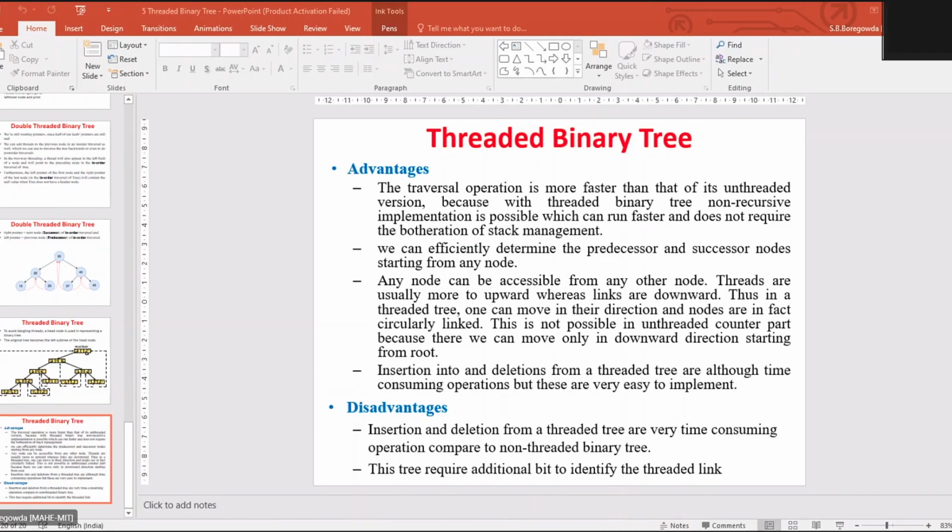The applications of heap are, the first one is heap sort. The second one is that we can use the heap in selection algorithms, and also we are going to make use of the heap in graph algorithms, and finally we are going to use it in the implementation of priority queues.